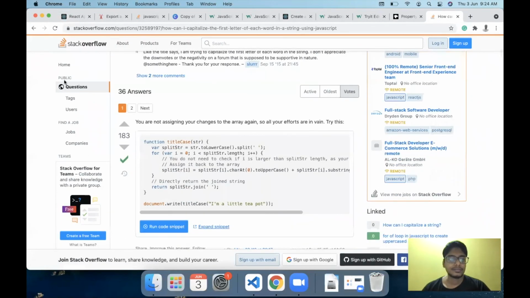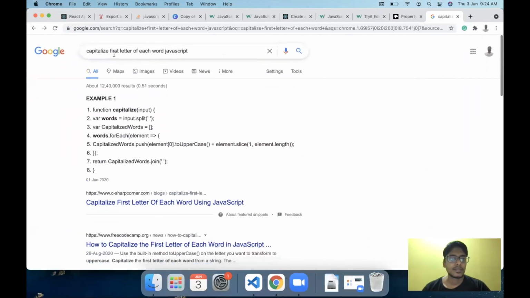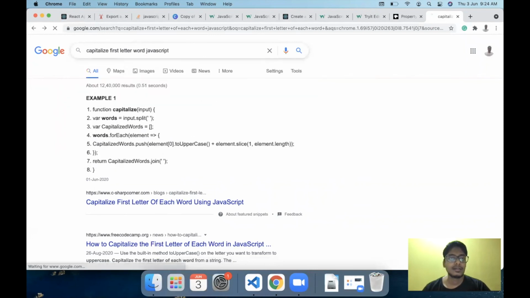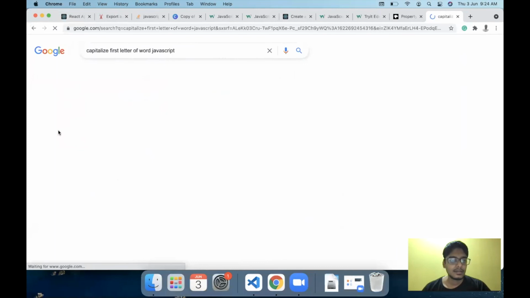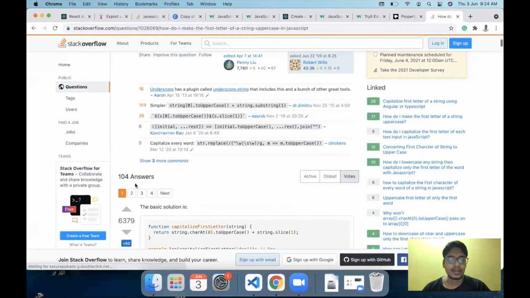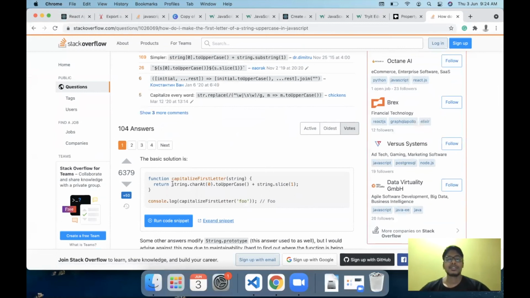For capitalize a word should be better because I think yeah, this should be better than that. So this is the syntax which you can use.